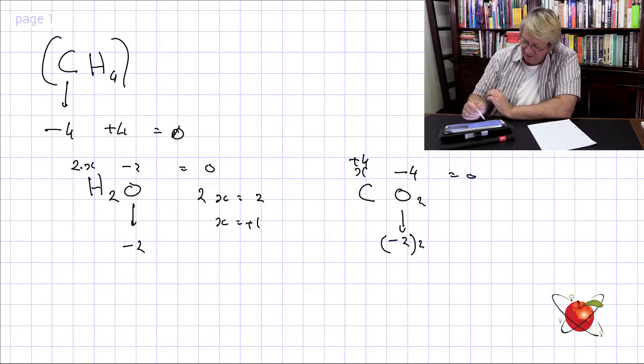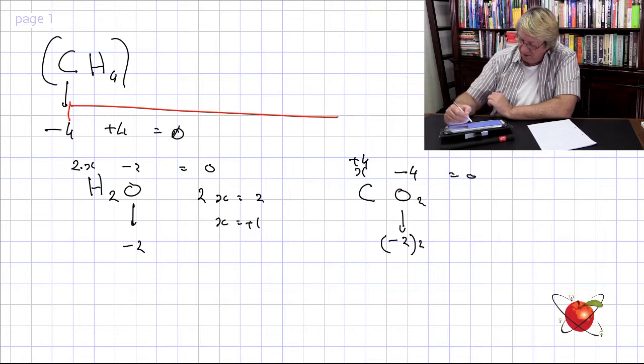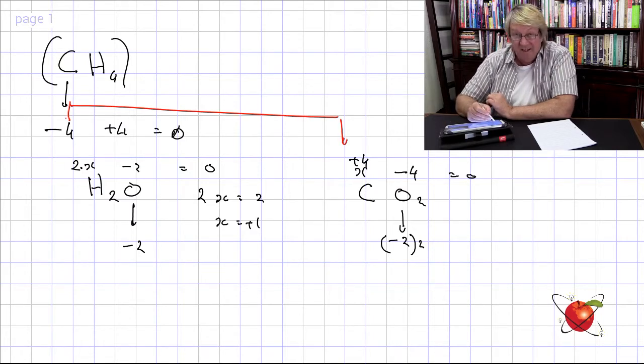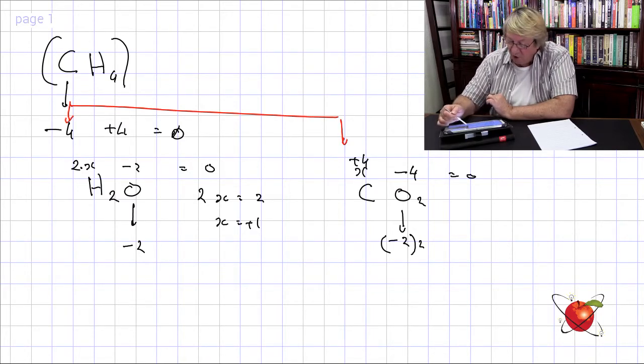There's the situation, right? The carbon in methane is -4. The carbon in this one was a +4 because of the difference in electronegativity. Does that make sense? I hope. Essentially, we're saying that here in CO2, the oxygen has taken the electrons away from the carbon, hasn't it? That's the basic thing of electronegativity, right? Let's have a look at what about